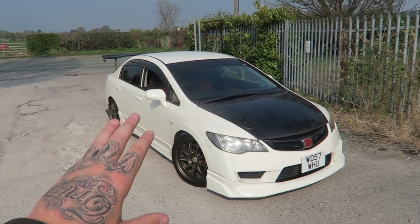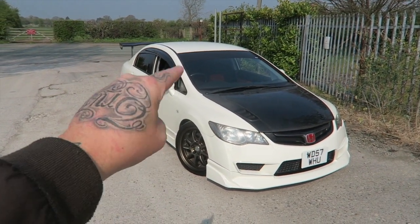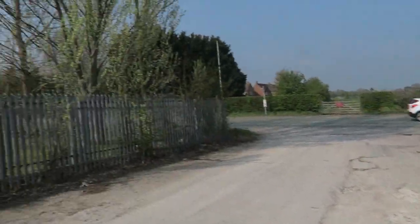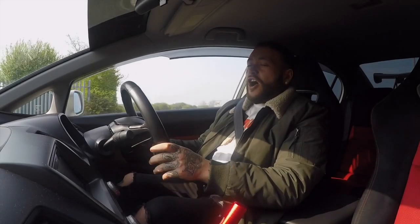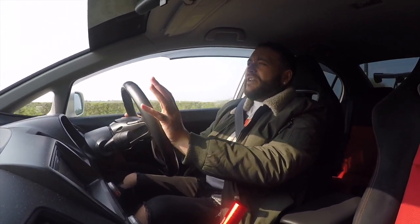But what I'm going to do is, I'm not going to bore you guys too much with a walk around. Let's get back out there, let's go and enjoy this thing, and let's find that pub that I was going to. I really think the Civic fans will appreciate this car,